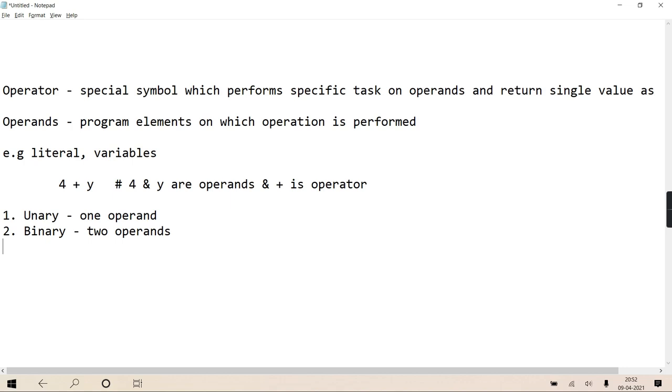And their notations you have to remember. Unary operators are always used in prefix notation. Prefix notation means the operator is before the operand. There is no postfix notation. Some languages have that, the best example being Java, with increment and decrement operators, where you can write i plus plus and also plus plus i. Such a concept is not there in Python. Everything is prefix only.